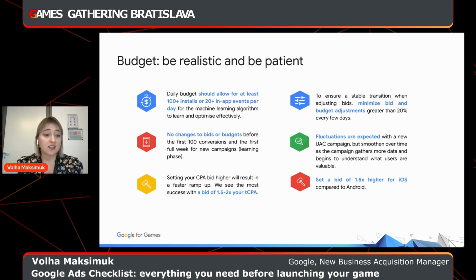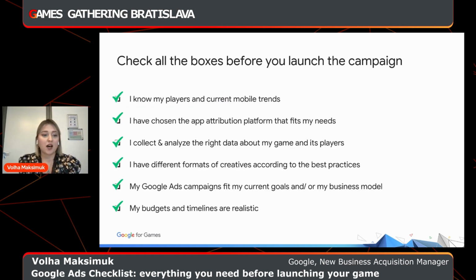So these are some typical points to mention when it comes to budgets. Those of you who have talked to Google before probably heard this. We are still telling that. We're not tired of telling you that, because this is something that we have seen working. We know how it works. We know it takes time and patience, but if you give it some time and some patience, you will see results and you will see success. So I hope this gives you a better understanding of how to proceed when it comes to budgets. And with this, we basically checked all the boxes.